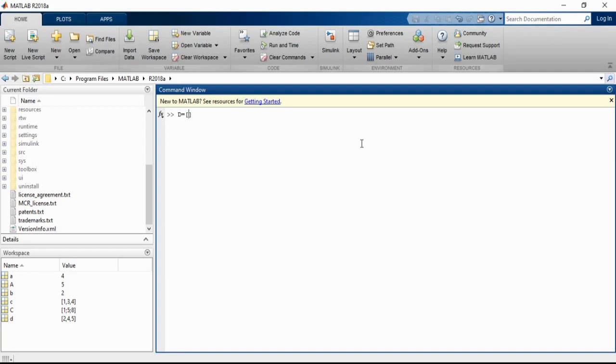As I told you, whenever I am going to create a row, I have to use space or comma, and whenever I need a different row, then I need to use a semicolon between them. So let's say for example I will create 2 by 2. I need two elements in a single row, so I am using spaces and a semicolon.